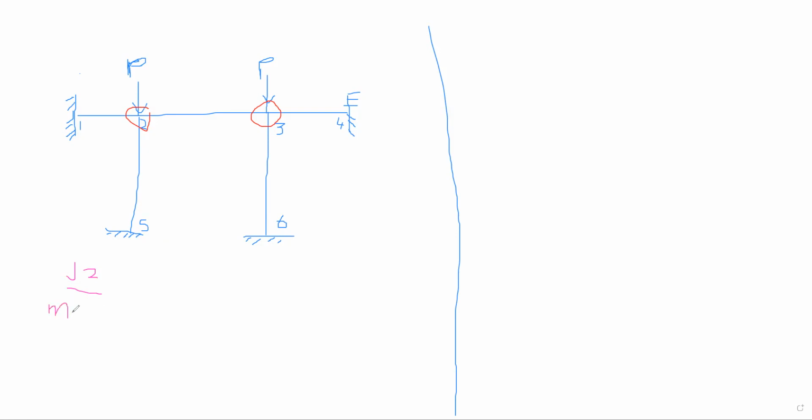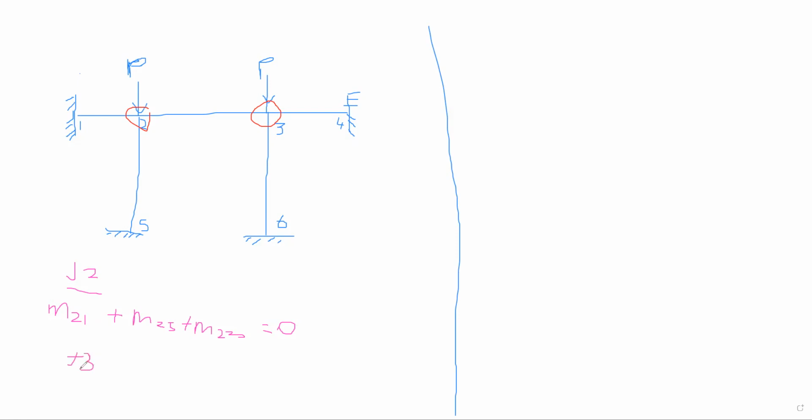So the moment from 2 to 1, plus the moment from 2 to 5, plus the moment from 2 towards 3, should sum up to 0 because we are at a joint. Then you do the same for